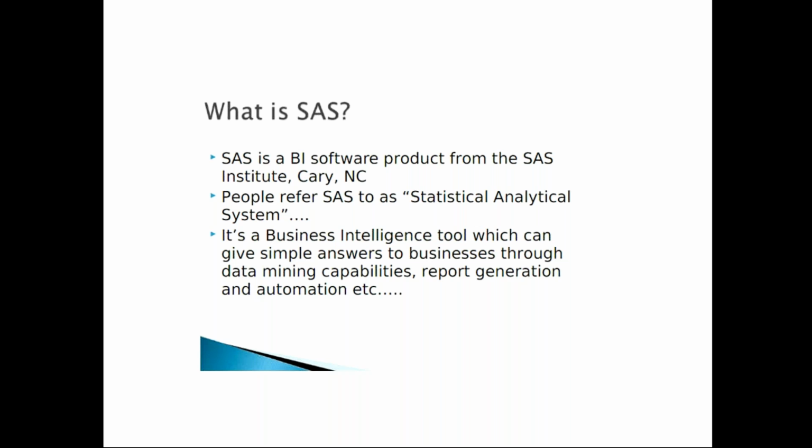So now, what is SAS? SAS is an acronym. Some people refer to SAS as Statistical Analytical System. The history of SAS is that it started long back, around the 1970s, at North Carolina University. It was basically developed in order to do statistical analysis, and it became very popular over the years, and it started getting adopted in various industries such as finance, especially finance, and the pharmaceutical industry,